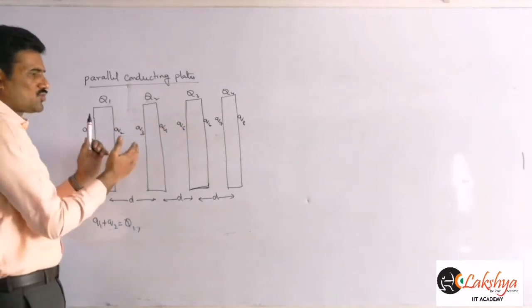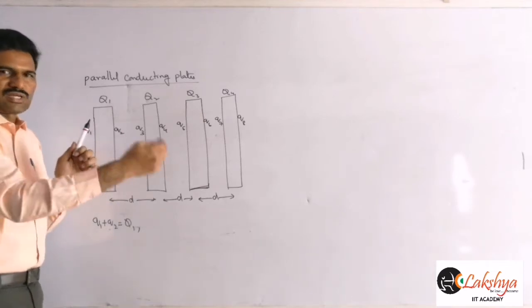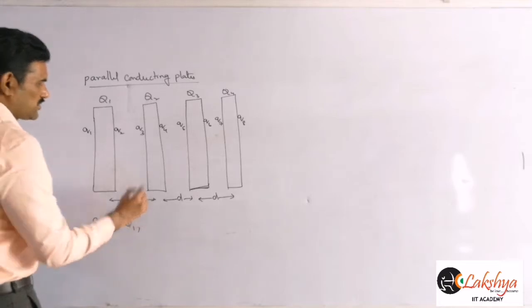That means there is no direct contact between them. They are placed close to each other only. One plate is not connected to another, and no plate is connected to the ground here. That's what we are assuming. And next, similarly, I can write